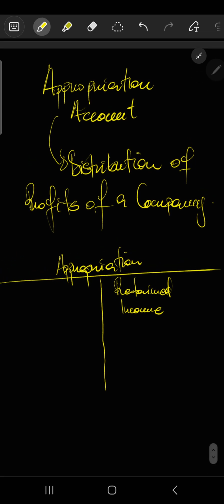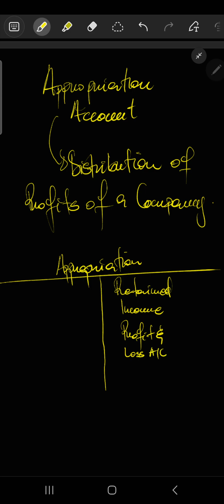So at the end of the year, we'd first transfer profits from the retained income account, which is previous year's profits, add those profits to the profit that we have generated from the current year, and that is going to come from the profit and loss